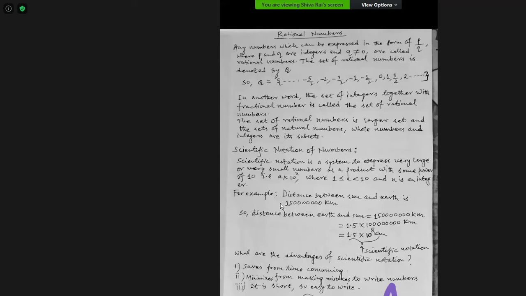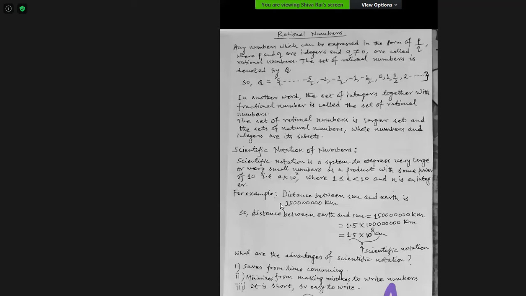So again, if you are changing that scientific notation into general form, you must get back to the original form. If you are not reaching the general form, your conversion is not correct. So here also, look: 1.5 into 1000000. Again, if you multiply 1.5 and that 1 followed by zeros, you will get 15 crore again. It has to come back; if it does not, your conversion is not correct. So 1.5 is 1.5.